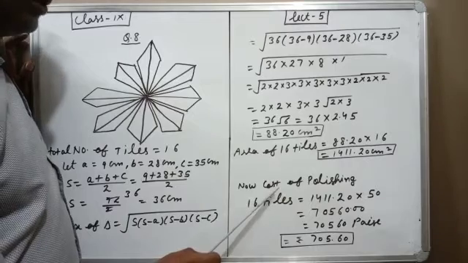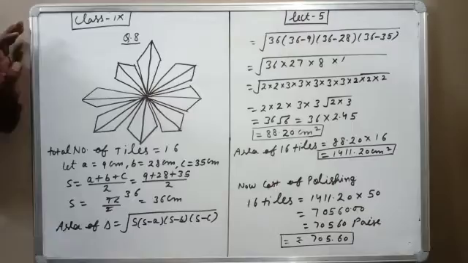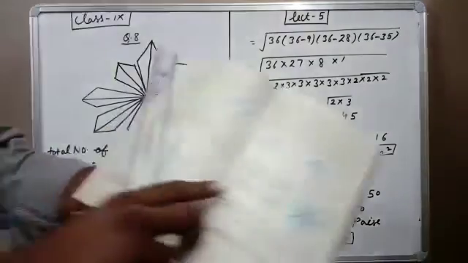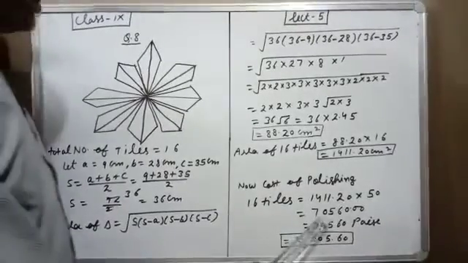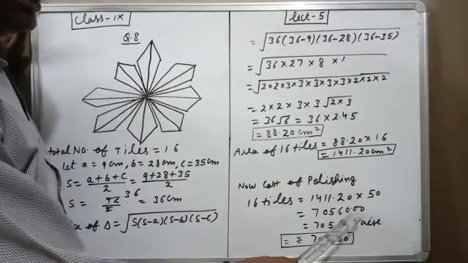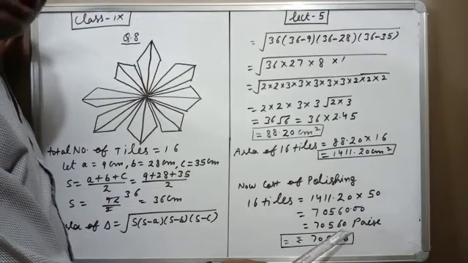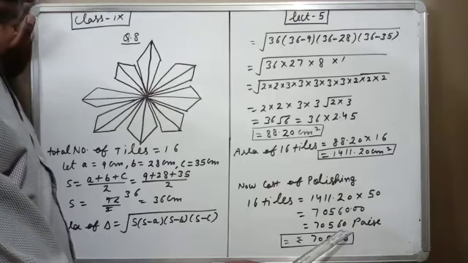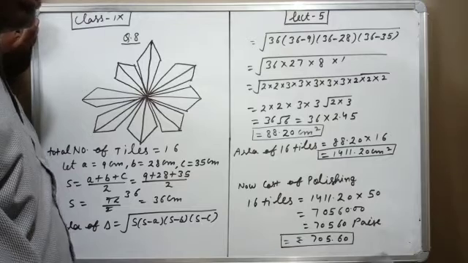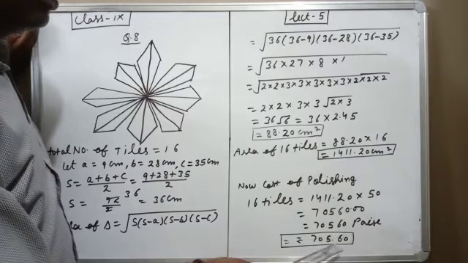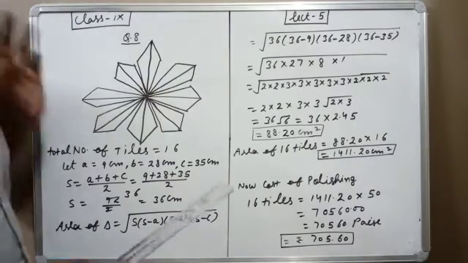Now third step, we want to find the cost of polishing the 16 tiles. So this value we multiply by 50 because the cost given here is 50 paise. You will get 705600. Here we can apply the point. So 70560 paise. You can leave the answer here also, no problem. But generally we write the answer in rupees. So if I convert paise into rupees, then I have to divide by 100, meaning after these 2 digits I have to apply the point. So rupees 705.60.